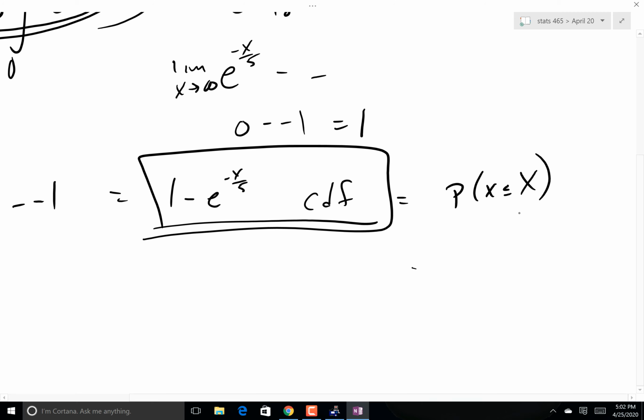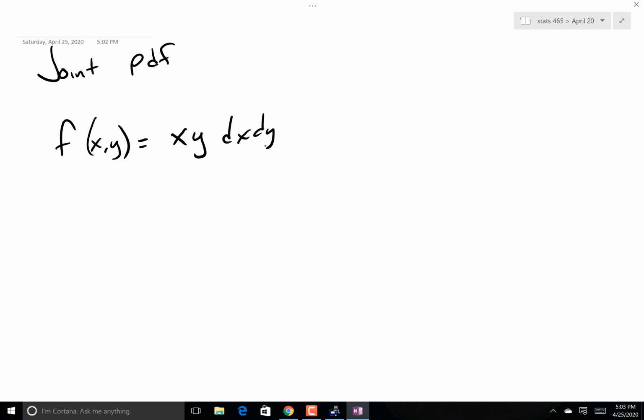Now, that's all fine and good. What if I had a joint PDF? That is, a function of two variables. In other words, it would typically be written as f of x and y. Now, because I feel like it, I'm going to start off with a continuous distribution. So when I do a continuous distribution, some function of x and y, and I'm trying to think of a nice easy one here, 4xy dx dy,